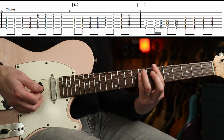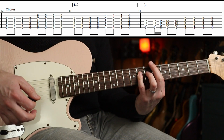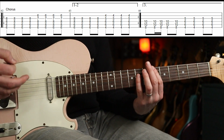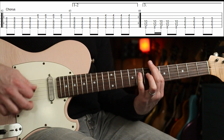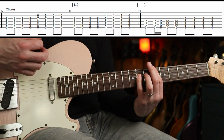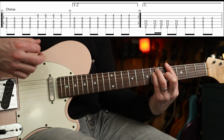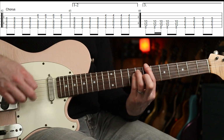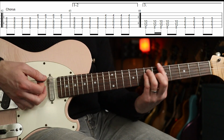That's twice round 2 bars. So we have... Smashing Pumpkins are awesome in this sort of stuff. It's just a variation, right? And around again. Third time. Like that. So we have